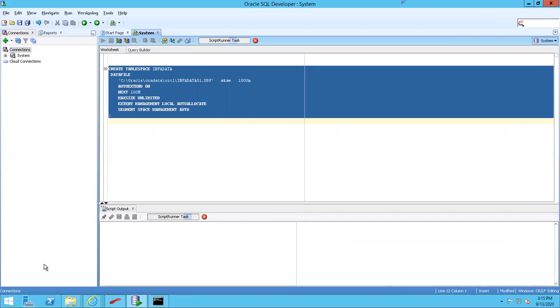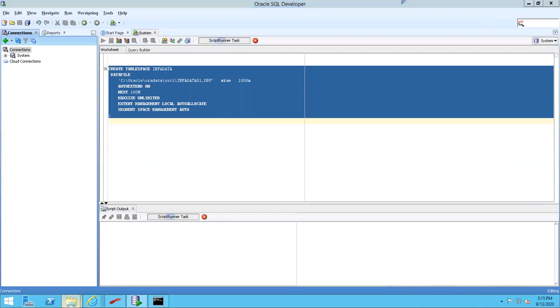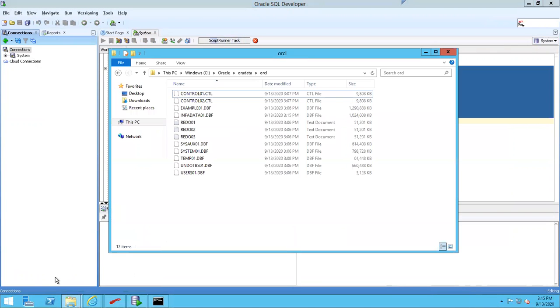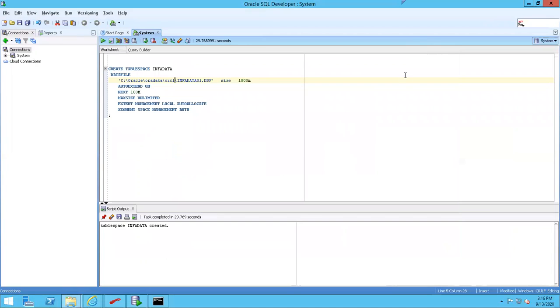If you see, it creates the file in the same directory with 100 MB, like we have user01, these are in oradata. It is trying to allocate memory as well as configure it in such a way that the file can be used for usage. It takes a moment, yeah, it got created.